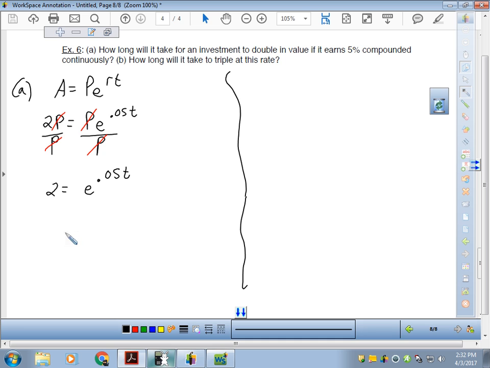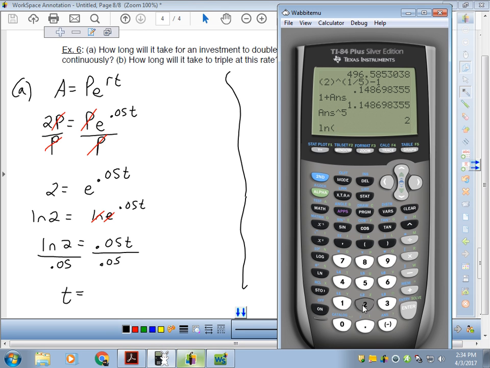Now this is actually an exponential equation. Remember, we can solve exponential equations with logarithms. So since this is an e, I'm going to take an ln on both sides. So ln of 2 equals ln of e to the 0.05t. And then remember that an ln and an e cancel each other out. So this is really ln of 2 equals 0.05t. Then we can divide both sides by 0.05 and figure out what our t equals. So ln of 2 divided by 0.05,